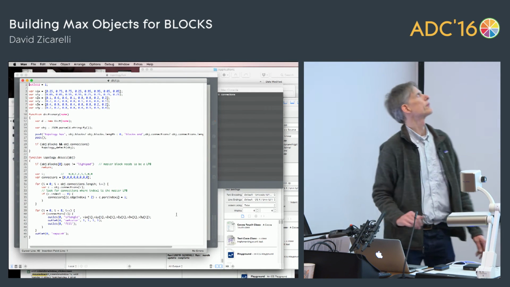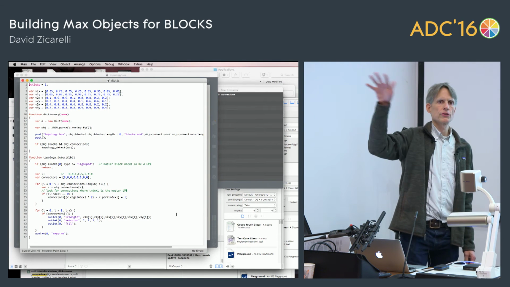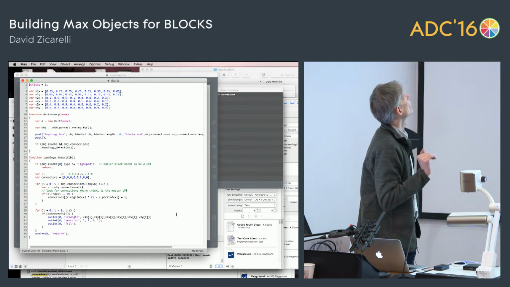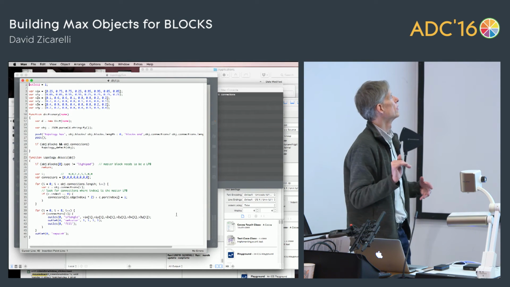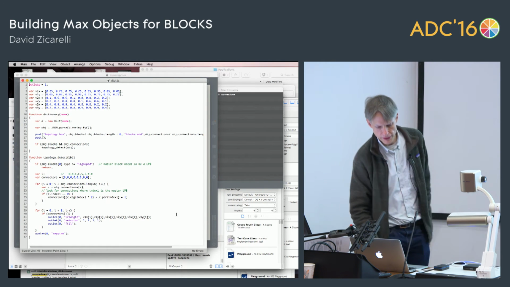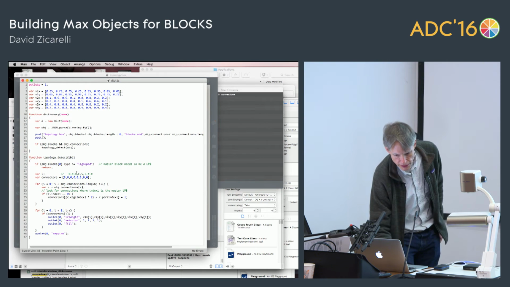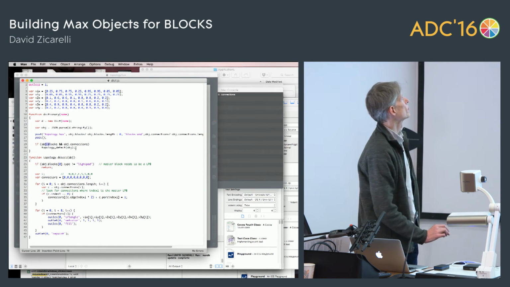So a first trick here is the function dictionary. All dictionaries in Max are communicated with the word dictionary. So the function dictionary in JavaScript is responding to this dictionary message that's coming from the blocks object. And we do this trick where we say new dict and then JSON parse. And that turns it from a Max dictionary into a JavaScript object. So now we can say, okay, if there are blocks and there are connections, run this topology detect function.